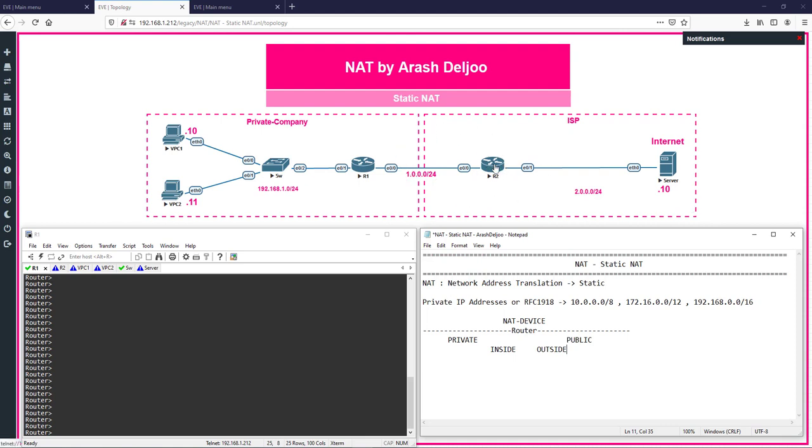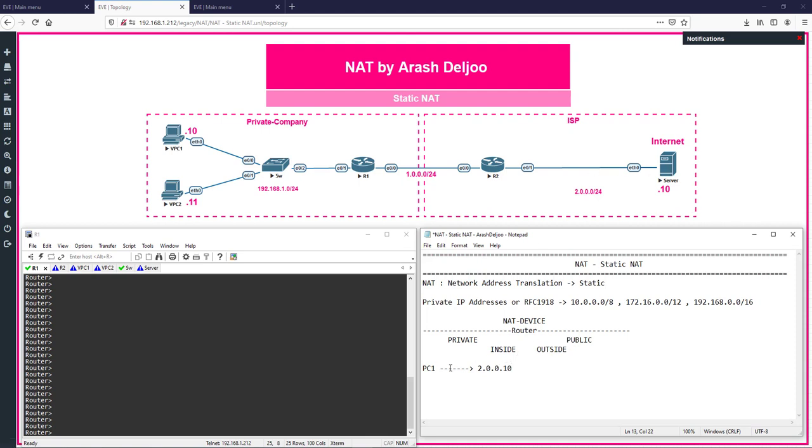R2, the router of the ISP or internet, doesn't have any route to 192.168.10. Assume that in this scenario, PC1 wants to send traffic to, for example, one of the IP addresses in the internet,